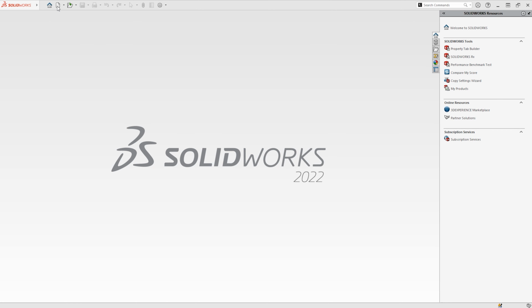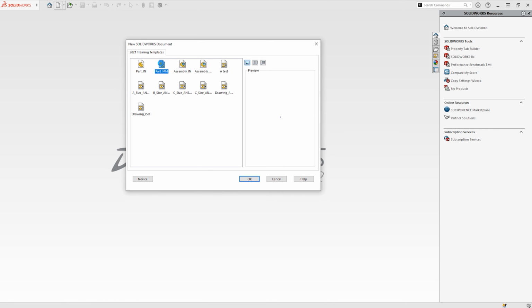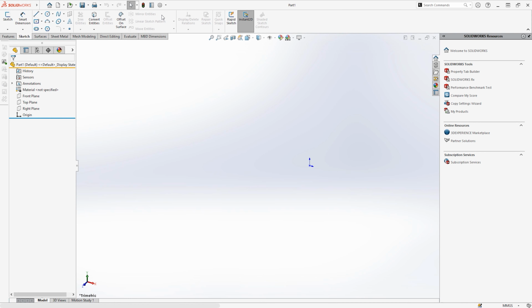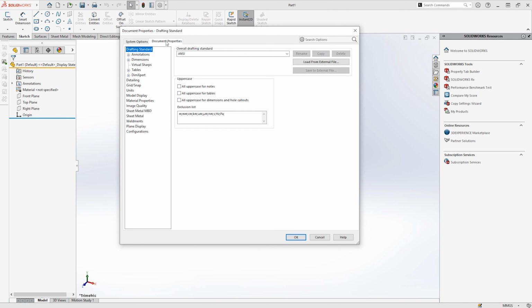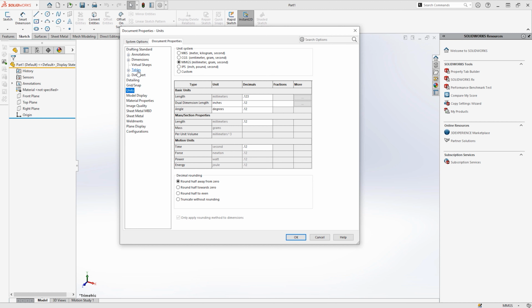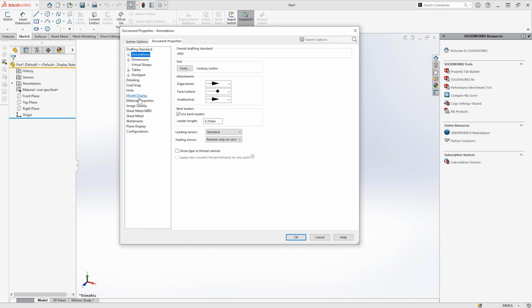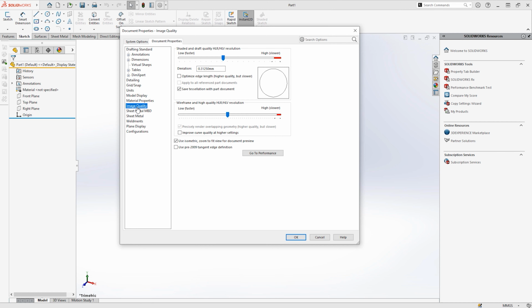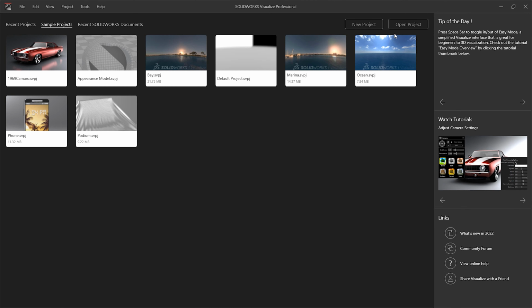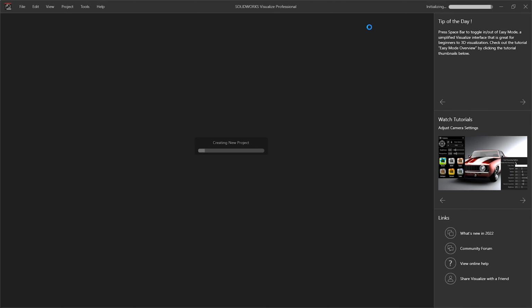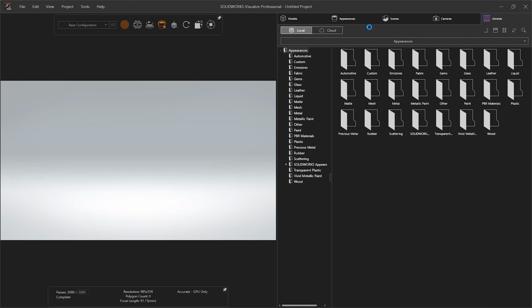If you are a SOLIDWORKS user, you probably know about templates. These are part, drawing, and assembly documents that include user-defined parameters and are the starting point for new documents. In Visualize, we don't have these templates. When we open a new document, it doesn't ask us which template we would like to open, it just opens